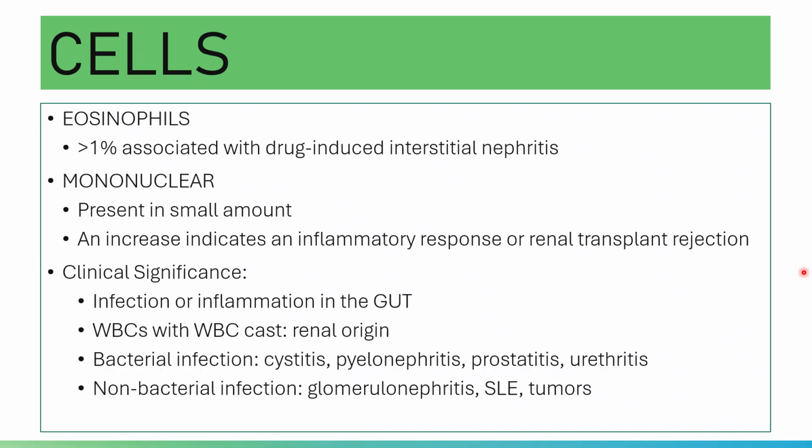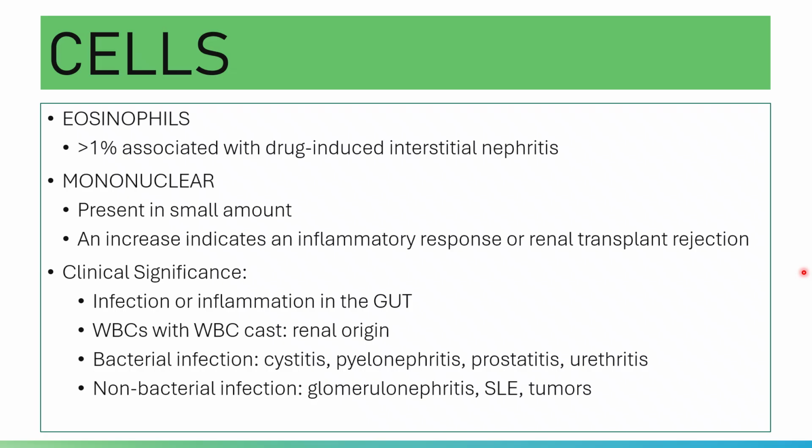Your eosinophils, please note, are not normally found in the urine. How are you going to distinguish eosinophils from other leukocytes in the urine? You make use of staining. You can employ Giemsa stain, Wright stain, or Papanicolaou and Hansel stain, with staining characteristics based on the reaction of the granules present in them.